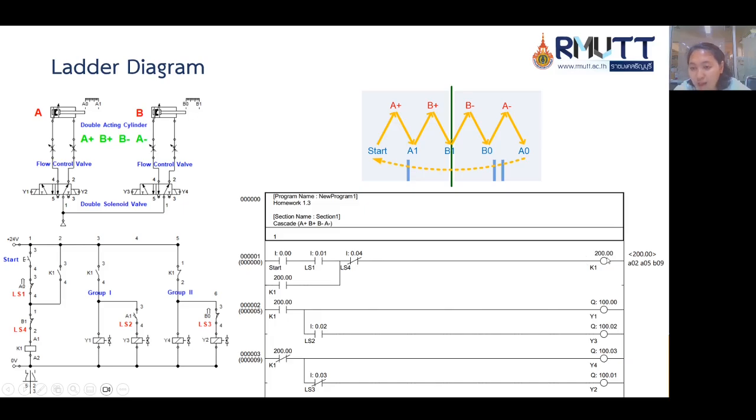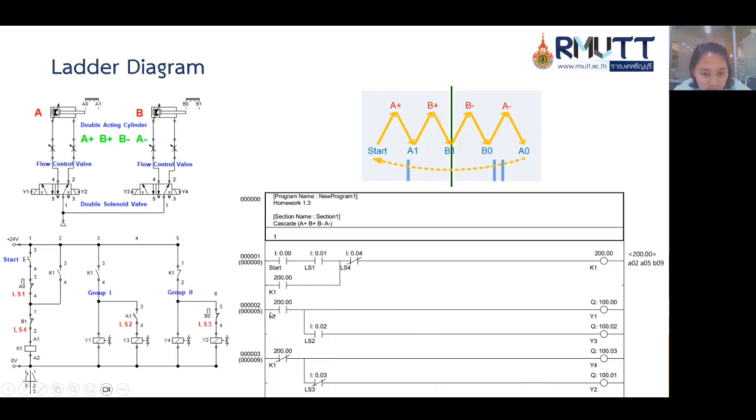I use address 200.00, and this is for non-activating the relay 1 using the limit switch 4. So using the normally closed contact of limit switch 4.